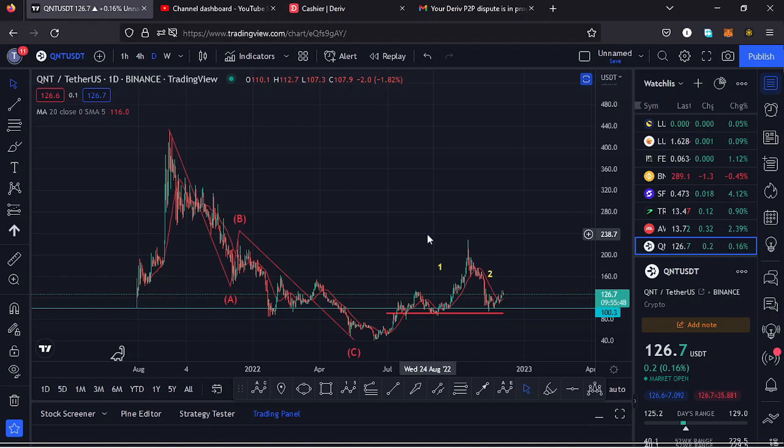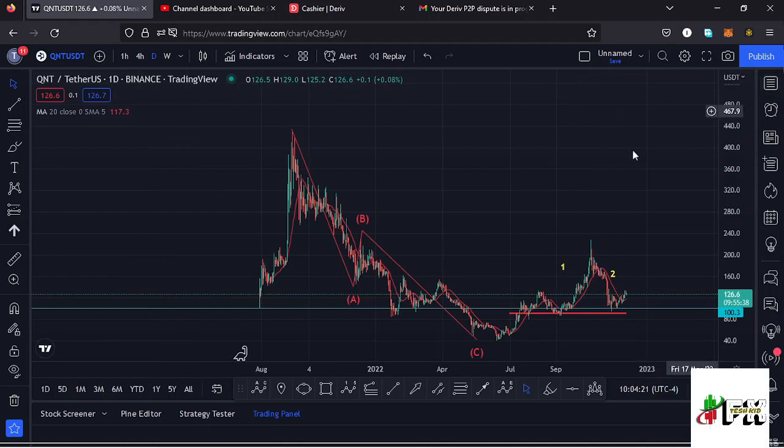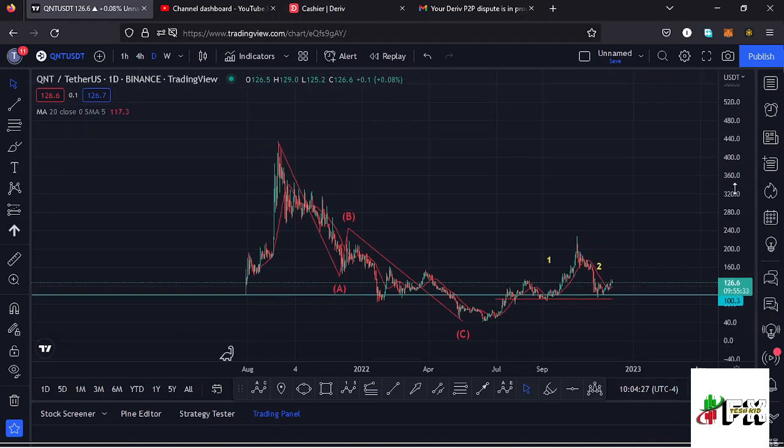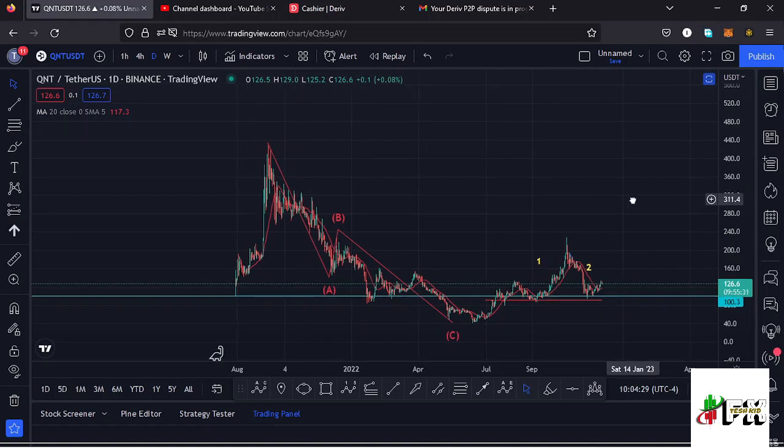I'll be giving you a price prediction update on Quant, whose current price stands at the $126.7 mark, and here on TradingView the market is up by 0.16%. In this video I want to give you the short-term and the long-term scenarios that I expect to play out, basing my analysis on the Elliott structures, the Fibonaccis, and also the key areas of support and resistance. And allow me to kickstart the video by giving you a brief of what has been happening here on